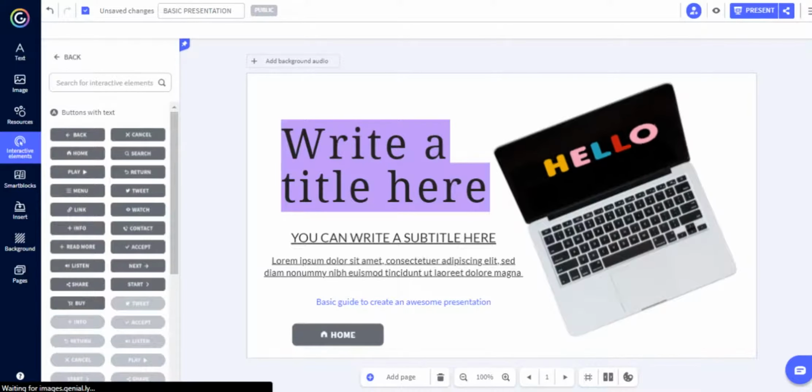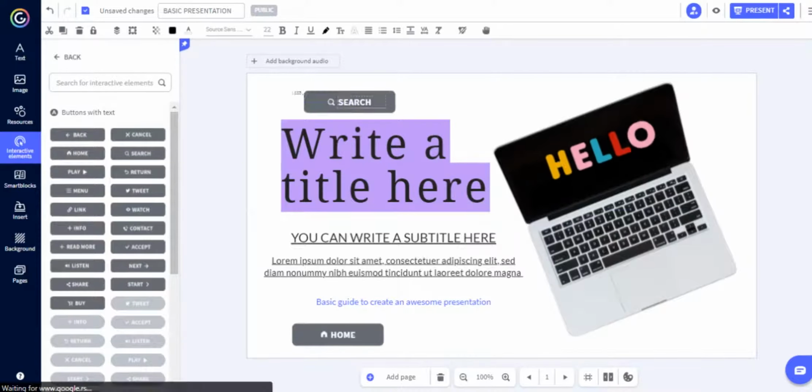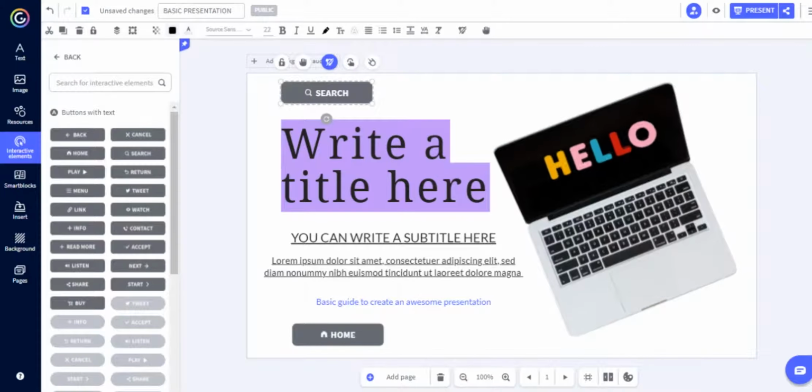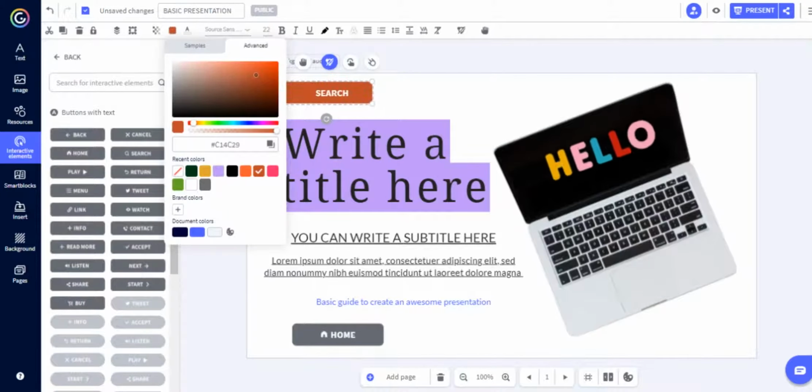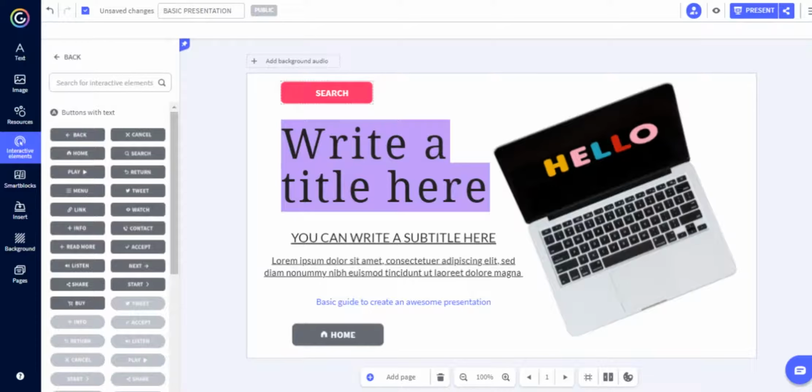So basically, if you take these buttons, they're already made. You can just change the background color, modify them a little bit, and you're going to get